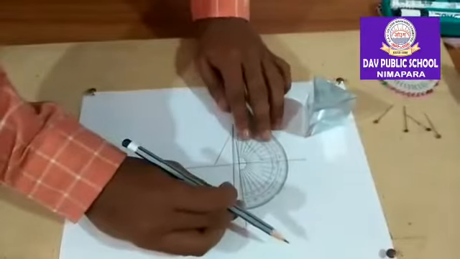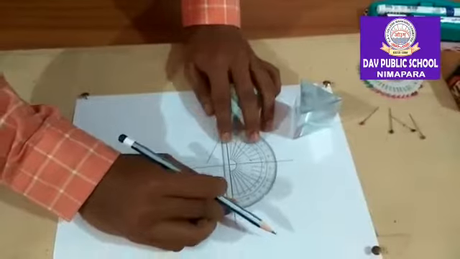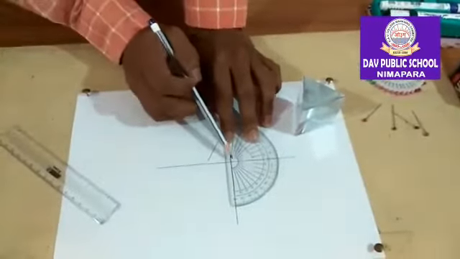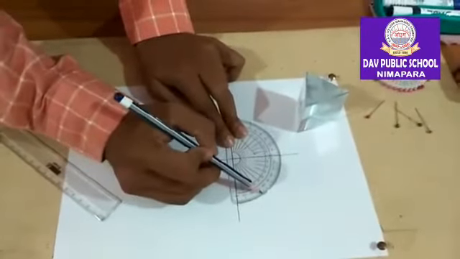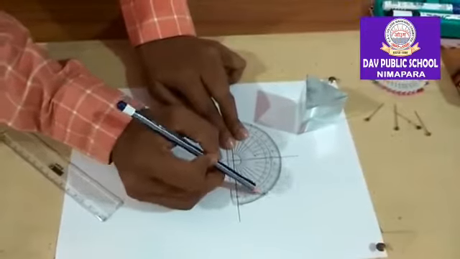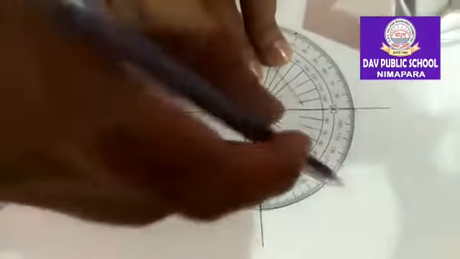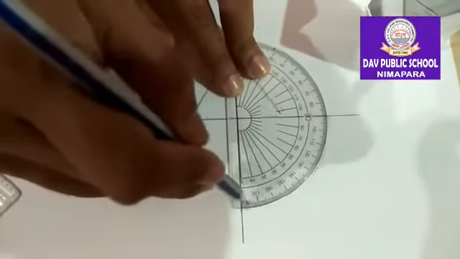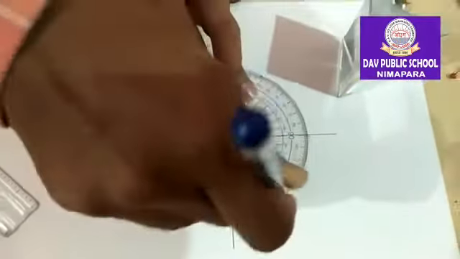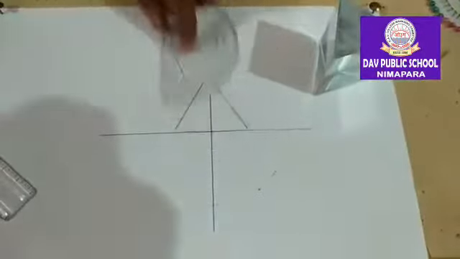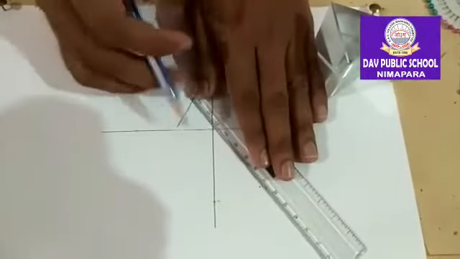But to measure the angle of incidence, you have to place the protractor like here. Are you getting it now? You have to place the protractor like this, and from this side you see that the angle between the normal and the incident ray is the angle of incidence. So suppose I take 35 degrees. I have to mark 35 degrees here: 10, 20, 30 and 35. Then I have to join. So this will be the direction of the incident ray.